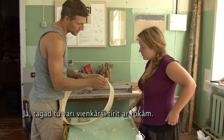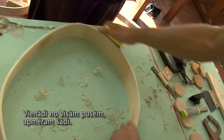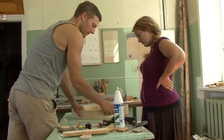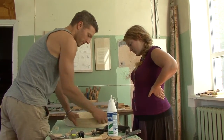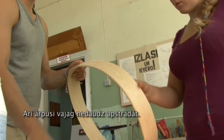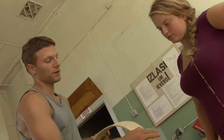Yeah, you can just sand it by hand now. Equally. Something like this, you know? And on the outside also a little bit. Not very much, you know, but